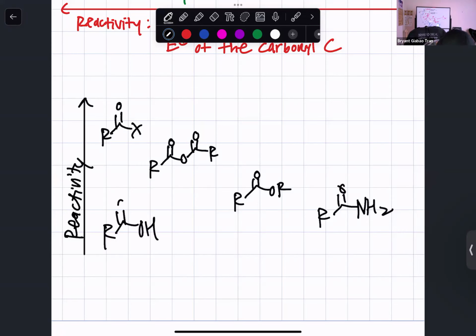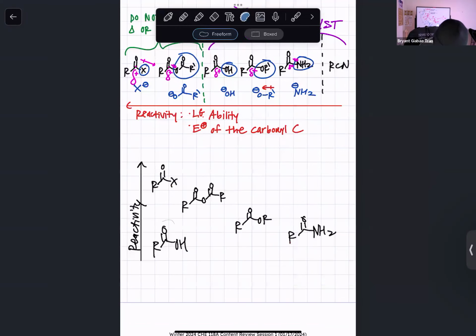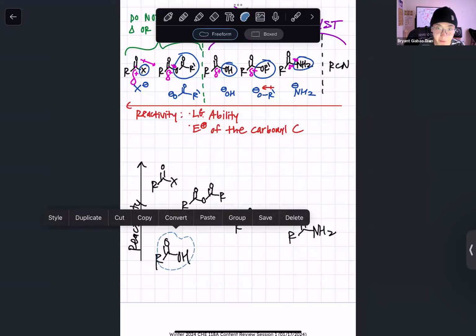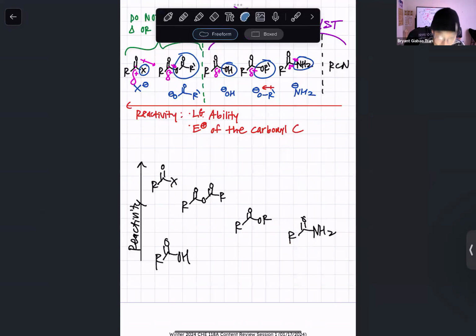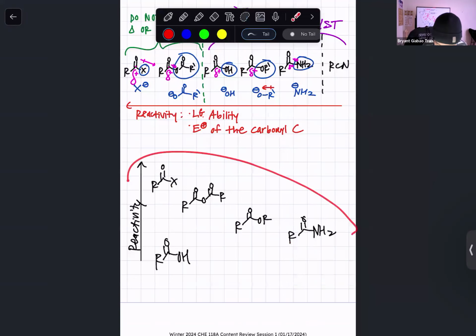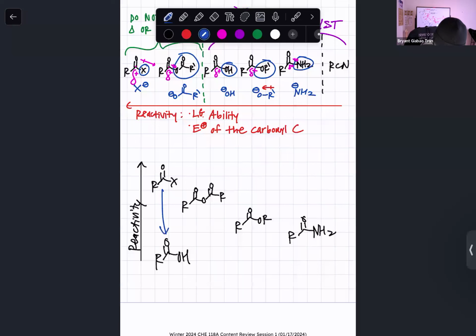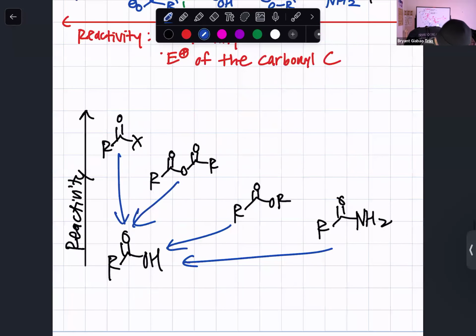And then the carboxylic acid is the parent functional group right here, right? One of the reactions that you're going to learn is hydrolysis, right? All of these carboxylic acid derivatives right here can be converted to a carboxylic acid by hydrolysis, right? So the acyl halide, it just needs water to convert back into the carboxylic acid. The anhydride also just needs water. It doesn't need anything else to convert back into the carboxylic acid,